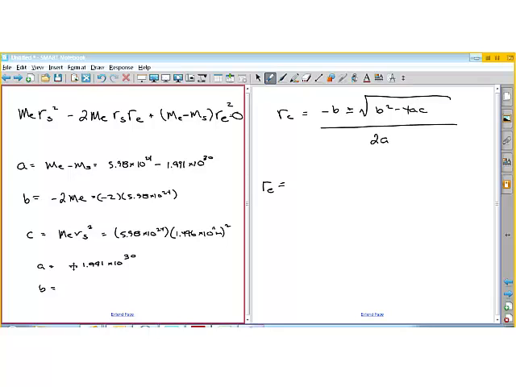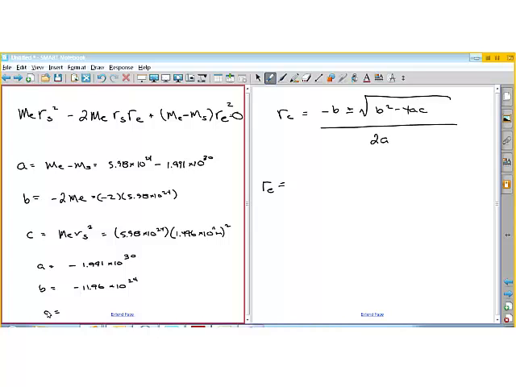Okay, let me take 2 times 5.98. So that's going to be negative 11.96 times 10 to the 24th. That's for B. And C is going to be 5.98 e to the 24th